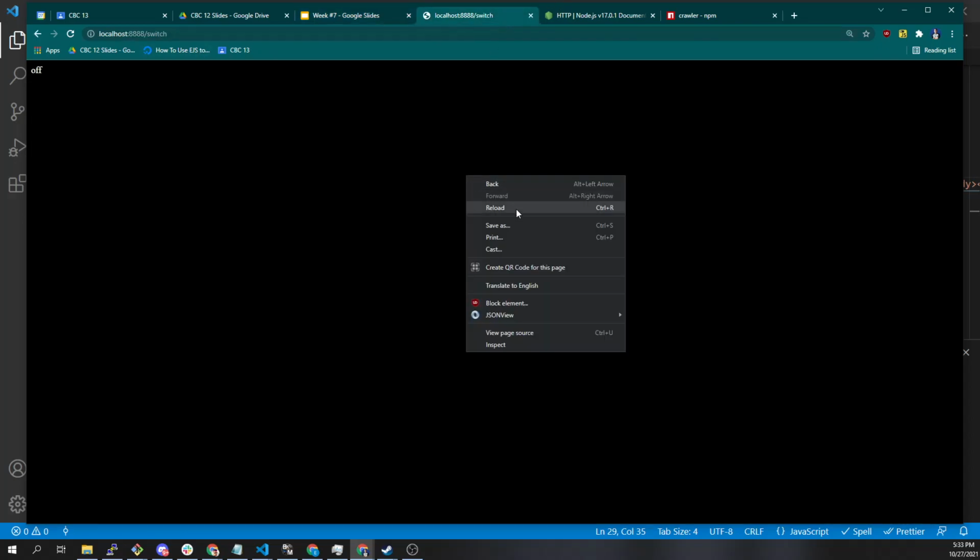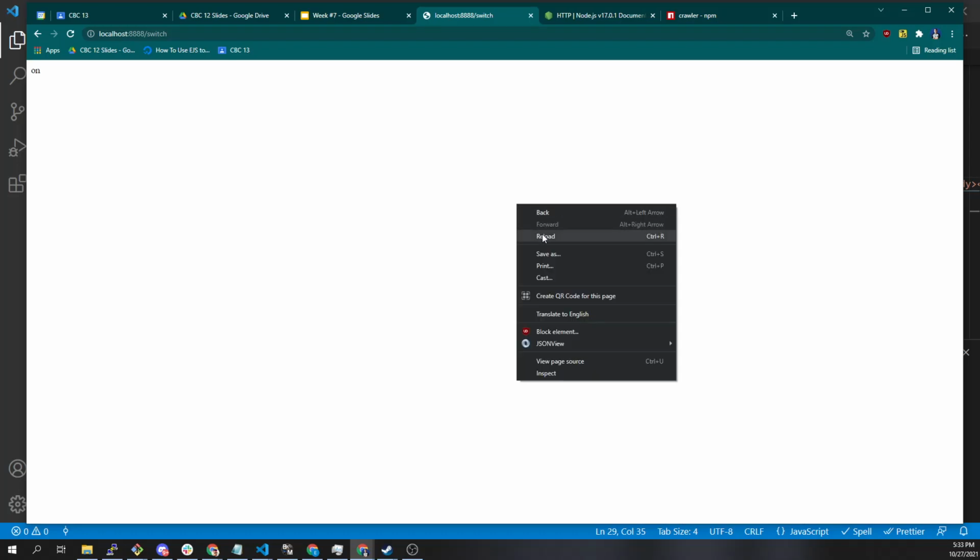Pretty happy with this little light switch page. I need to make something that has a server like this that I can turn stuff on and off. Very happy. Cool. All right, let's